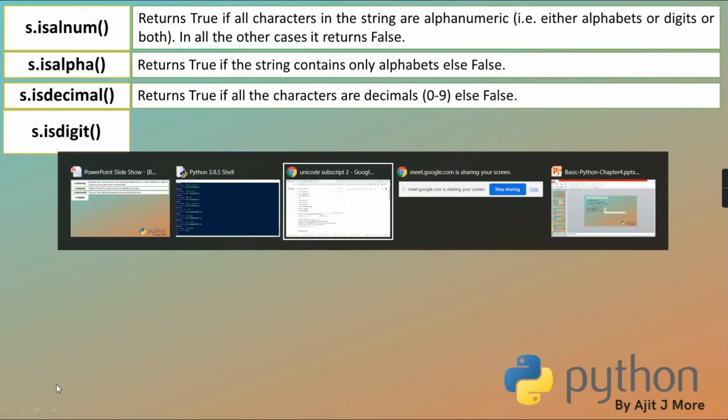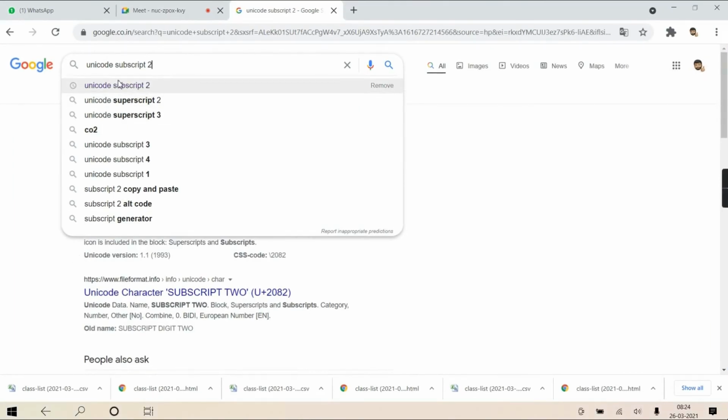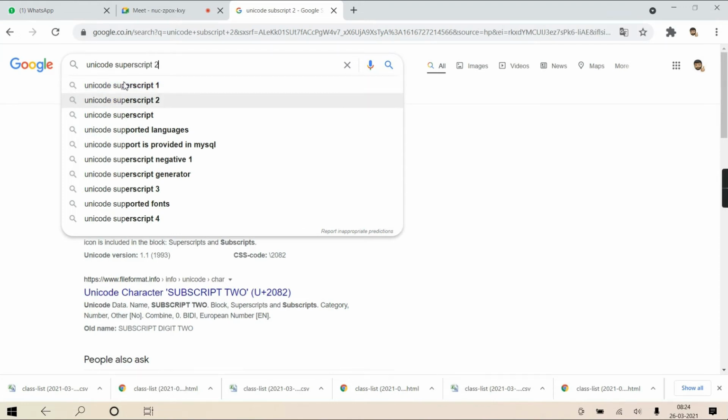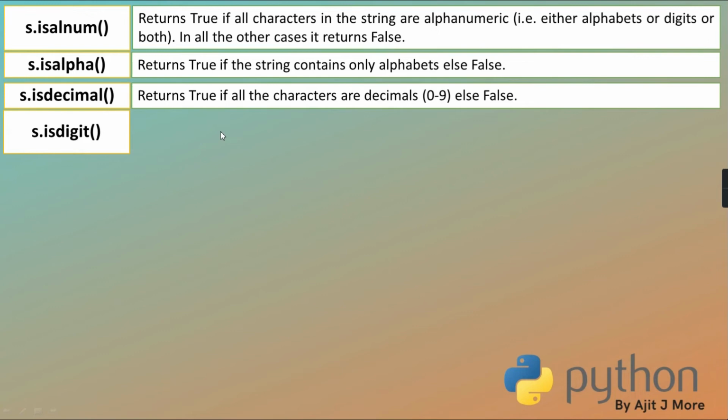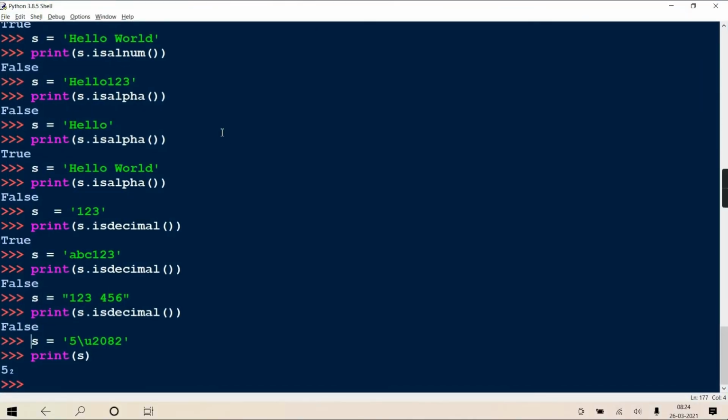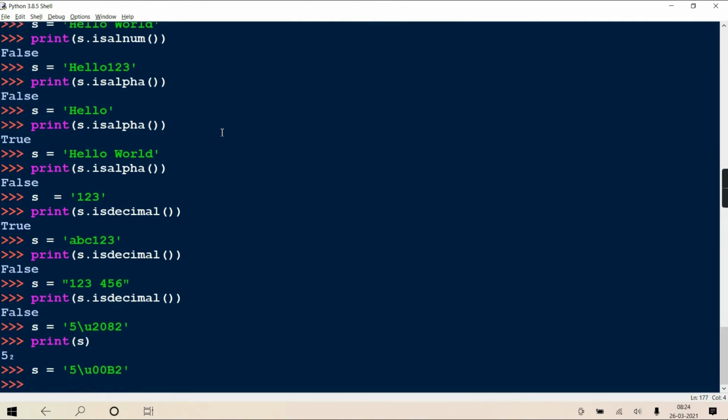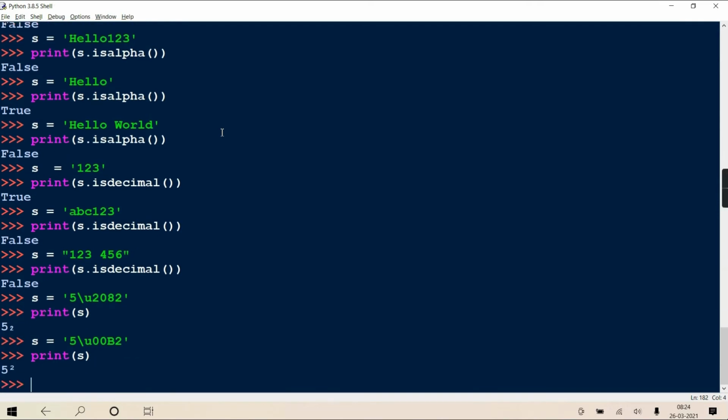Same way superscript also is there. Suppose superscript 2, its Unicode is 00B2. In this example, I'm writing 00B2 and printing S. It will show phi square. Can you see first of all that 2 in a subscript and 2 in a superscript?